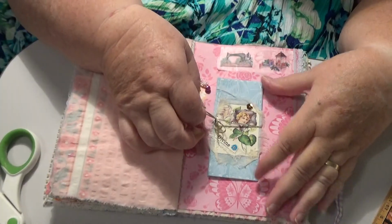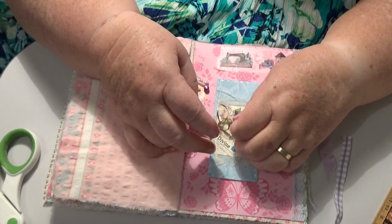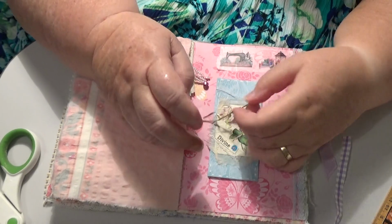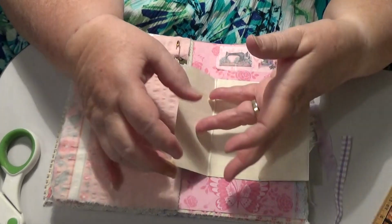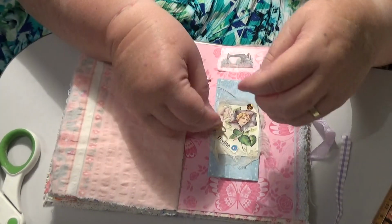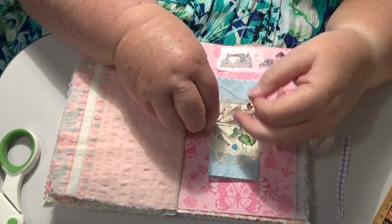Now this is another one of my little outfit flippy out things that I like to do. And I've got it tied up here with a nice bit of gold ribbon. It's actually come on a cotton reel I've had since the year dot, but I have never used it. So this folds out, so there's a fair bit of journaling space there. You put a little flower on it, a little lady on me, with a little bit of,